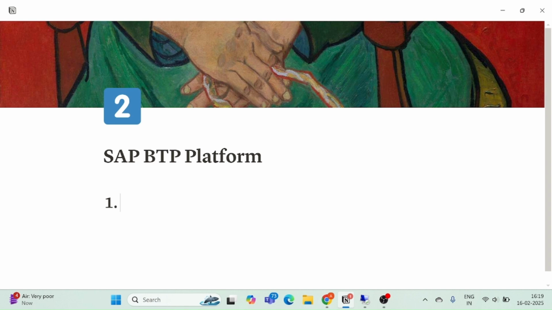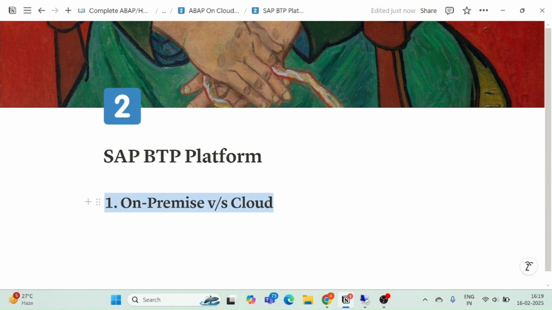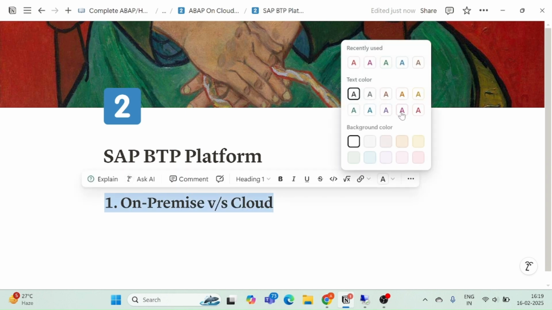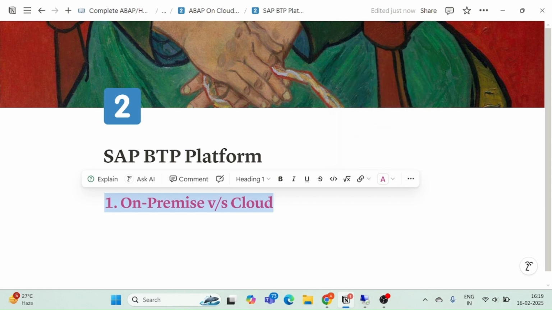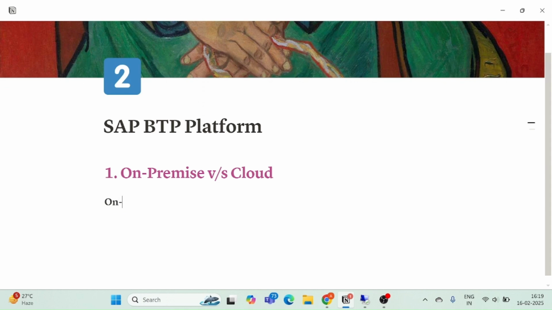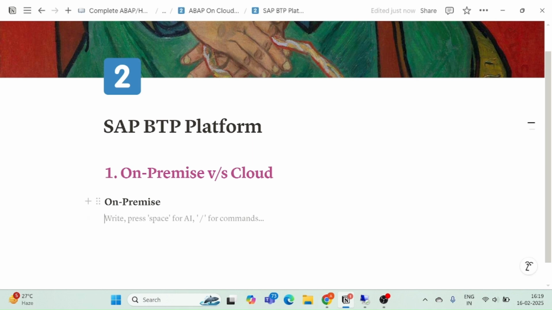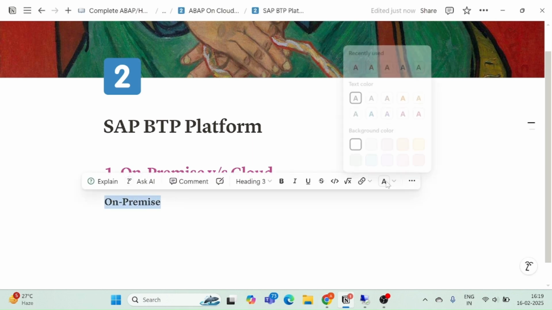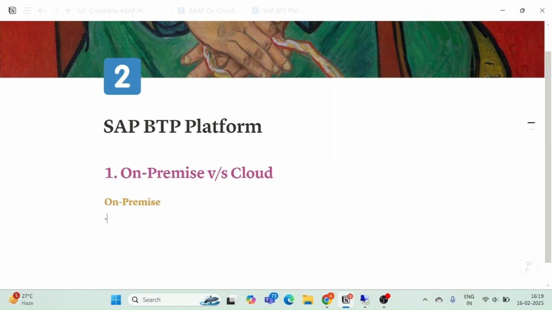On-premise system versus cloud system. First of all, what is on-premise? Let's see what an on-premise system is, then we will move on to the next part. If we talk about our on-premise system, what we will see is